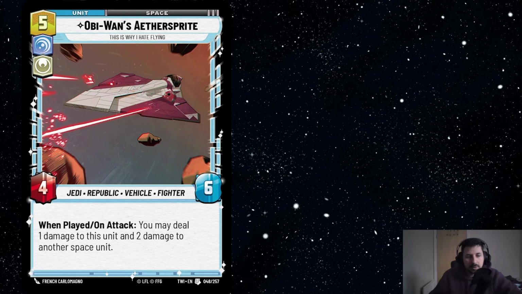Obi-Wan's Starfighter. So, not a big fan of this card. There's always a little catch with those cards that makes them a turn too slow. So 4/6 for 5. Yes, good stats, but there's plenty of other ships that have similar stats that don't see